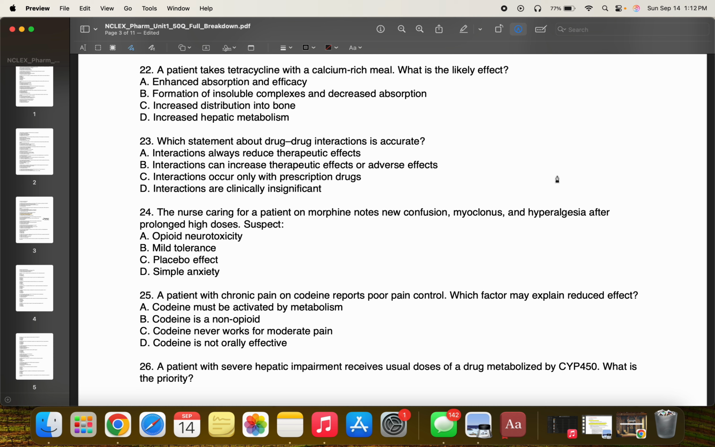Which statement of a drug-drug interaction is accurate? Interactions always reduce therapeutic effects. Interactions can increase therapeutic effects or adverse effects. Interactions occur only with prescription drugs. Interactions are clinically insignificant. The nurse caring for a patient on morphine notes new confusion, wait, no,